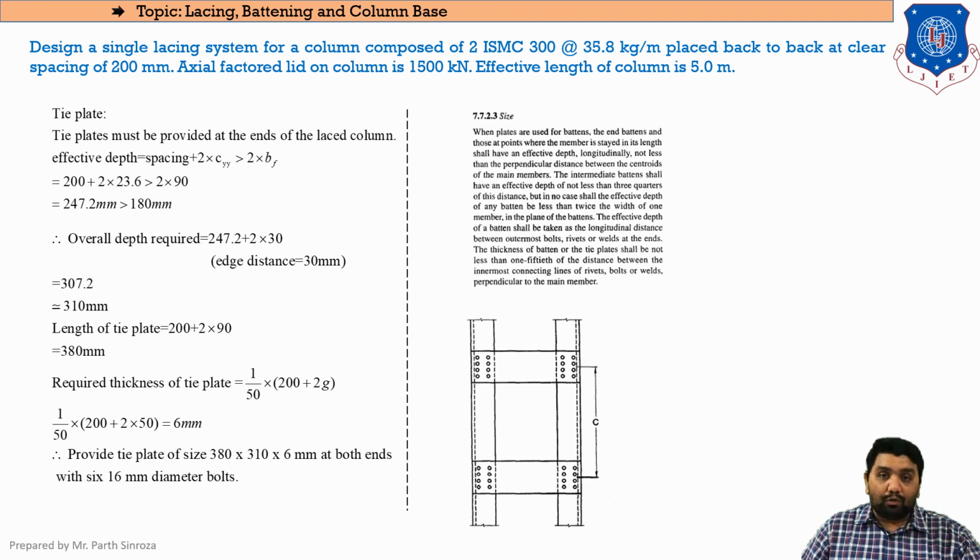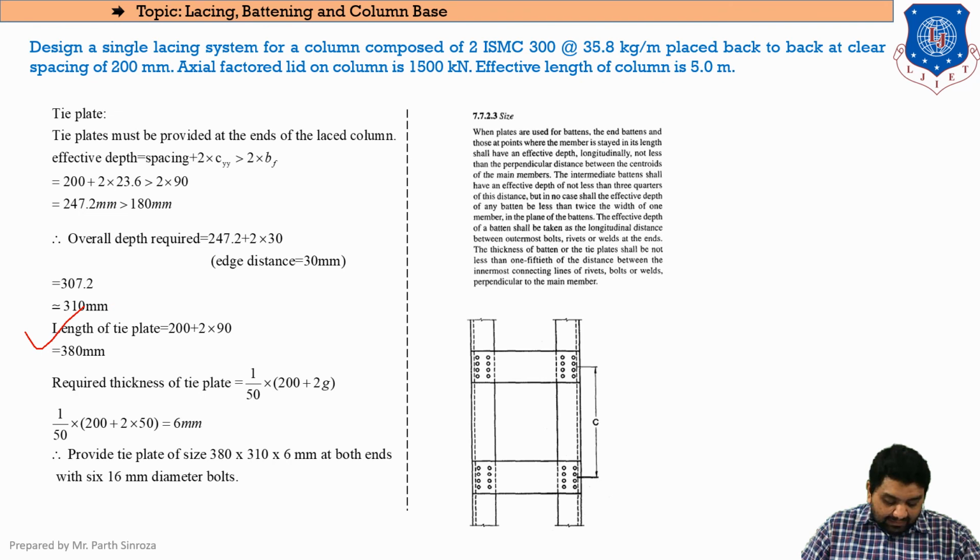Now we'll be moving to the overall depth. So overall depth will be this distance, and we will be adding edge distance on both sides. Clear? So the edge distance, as we have seen in the earlier chapter, for M16 bolts the value of E can be obtained from 1.7 D0 or DH. Clear? After finding the value, we are taking the edge distance to be 30 mm. You can assume any value, but here we have assumed the edge distance to be 30 mm, and so the overall depth comes out to be 307.2. Rounding it off, the value comes out to be 310 mm. So the effective depth is completed.